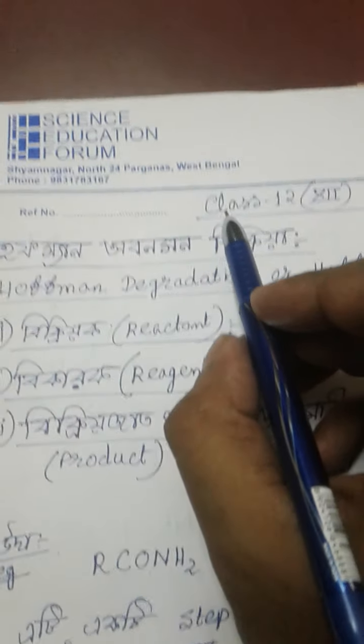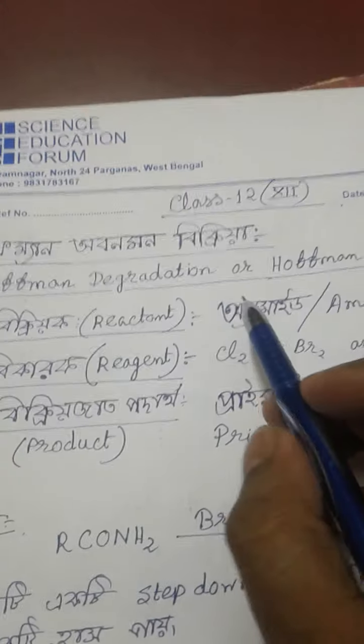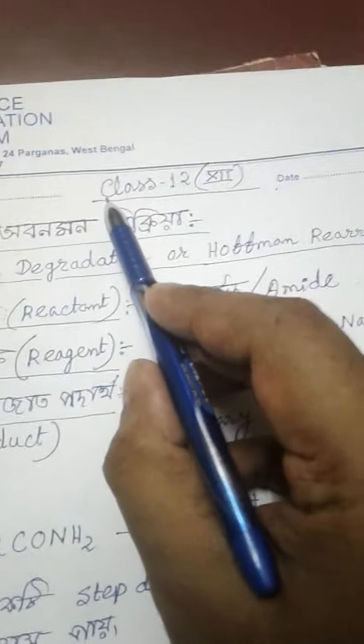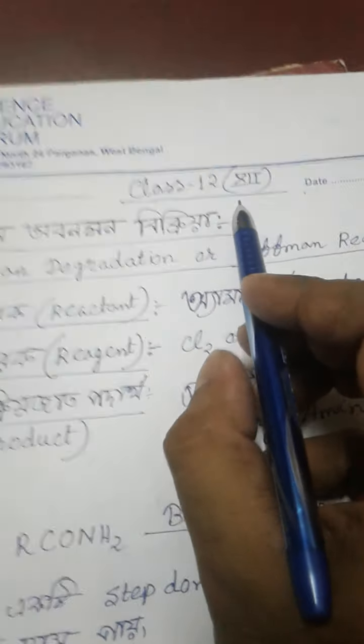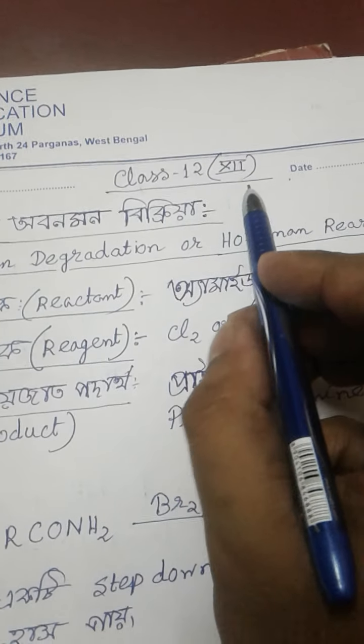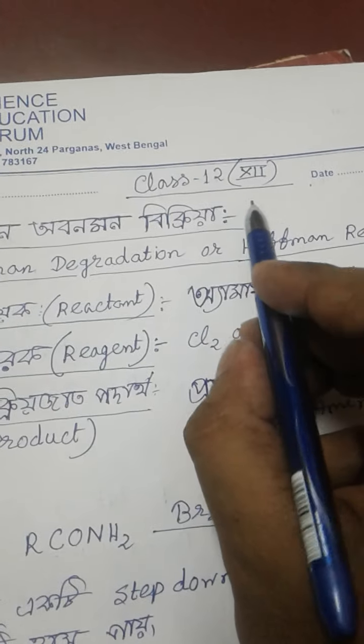Today our discussion is about Hofmann degradation, or Hofmann rearrangement reaction. It is in class 12, in unit 13, and the name of the chapter is